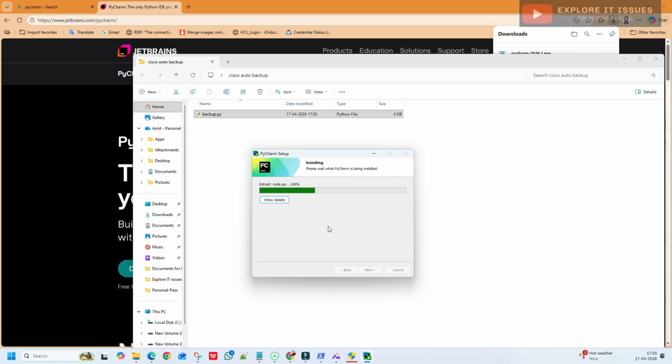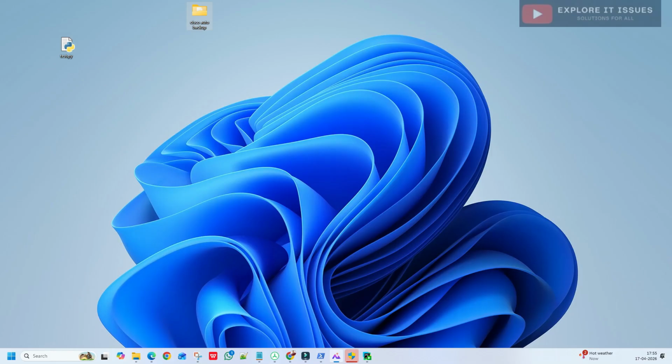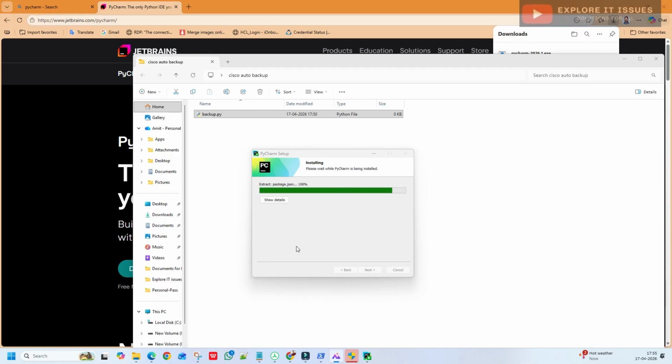At this time, as you know, AI is a very powerful tool, correct? If you do not know the exact code, you just go inside ChatGPT or another tool like Google Gemini and type how to create a script for auto backup in Cisco.